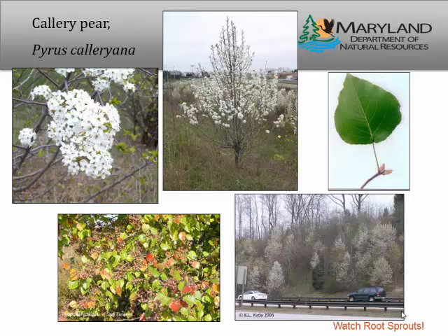Callery pear. Who has never seen a callery pear? No one. These are flowering right now. I keep going back and forth with the weird weather we're having. I'm hoping that our native plants won't be bothered too badly, but that these are really going to get hit by whatever weird storm we have coming next week. So they do have their white flowers before they get their leaves, so they're really obvious, really easy to see right now. These were brought here as a landscape species.